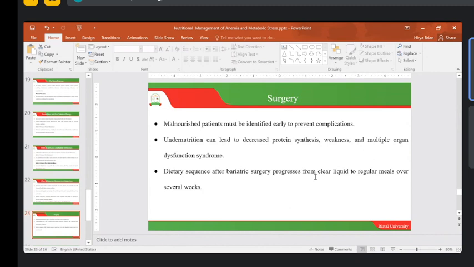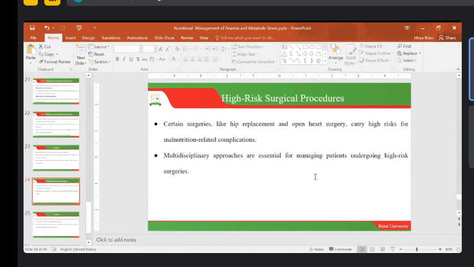Dietary sequence after bariatric surgery progresses from clear fluids into regular meals over several weeks after surgery. So after surgery, really, we are not looking at giving the individual food there and then, okay? We begin with small amounts of food. Some people have even talked of enteral feeding after surgery, but